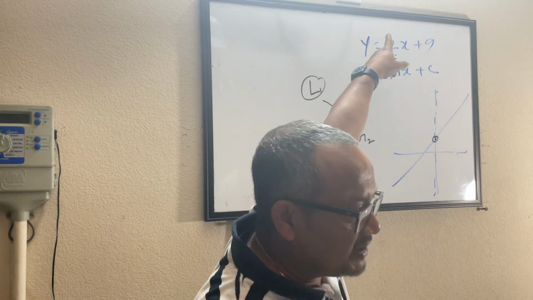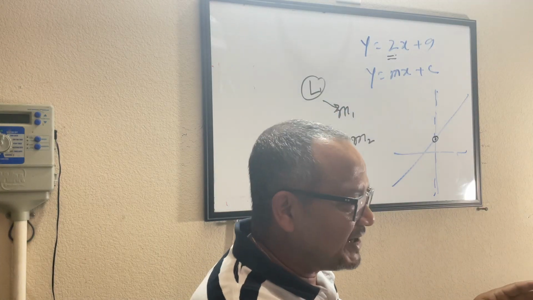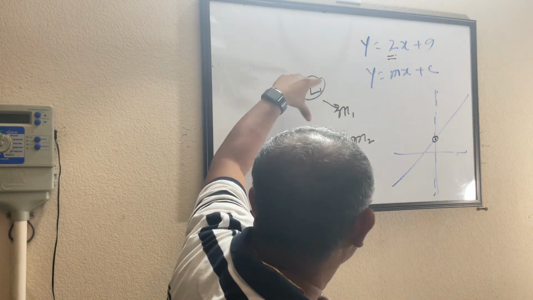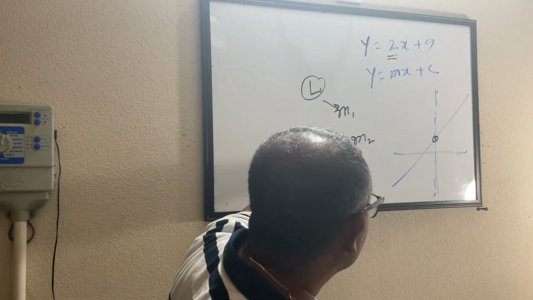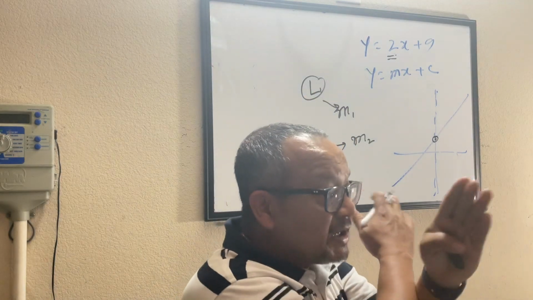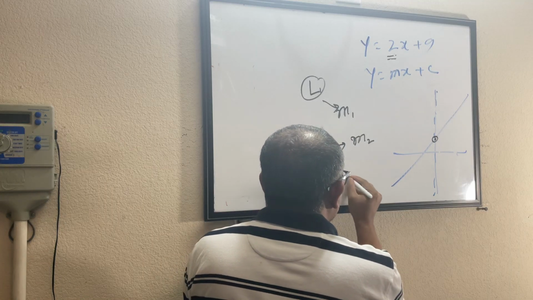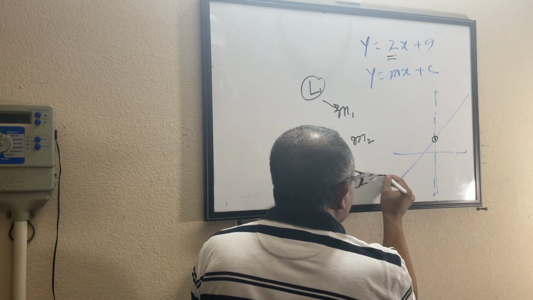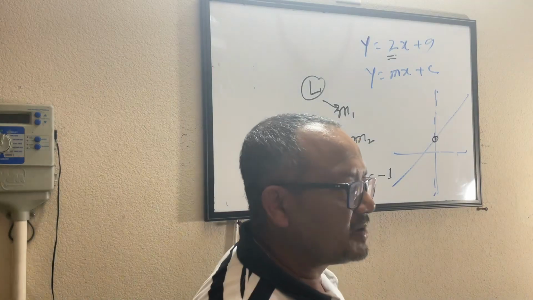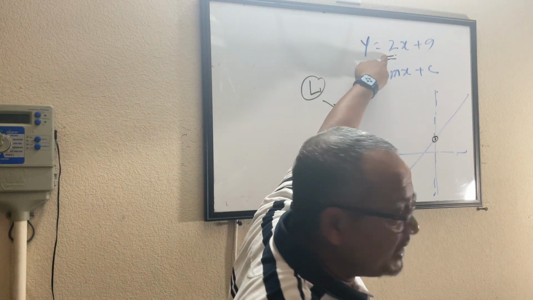Slope for this one. So I'm just generalizing it right now, okay? So when I have two lines with slope m1 and m2, and these two lines are perpendicular to each other, that means m1 into m2 will be equal to minus 1. Now, if this is a line,